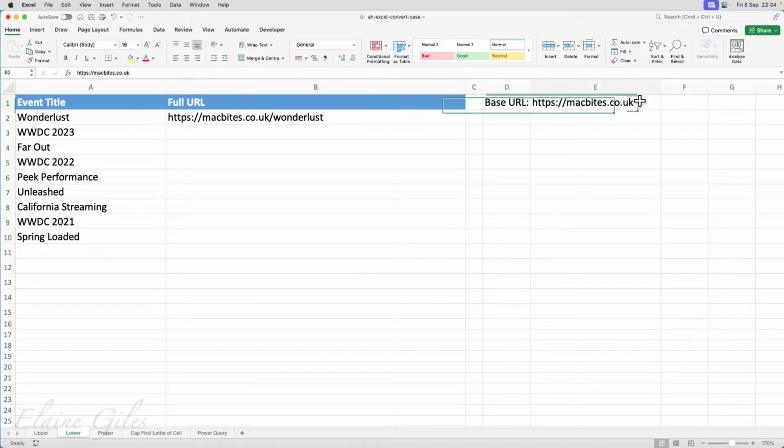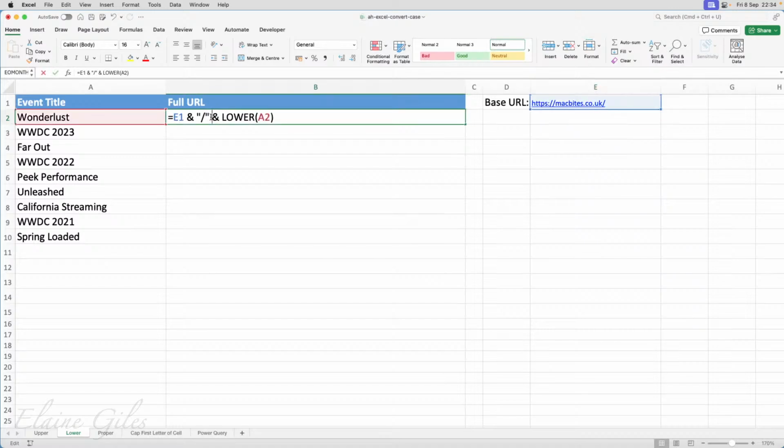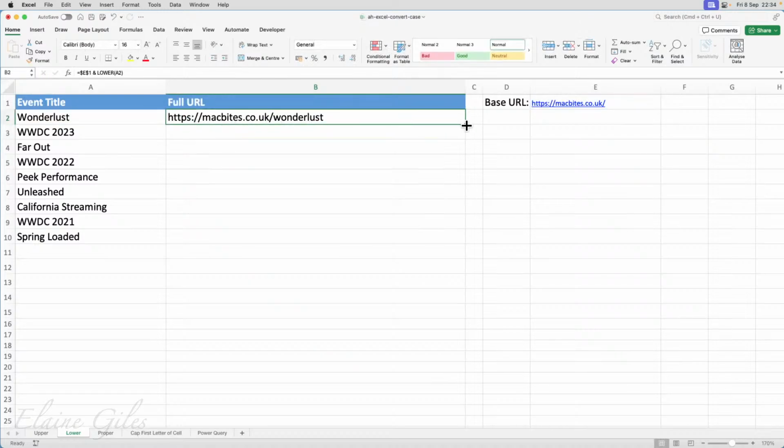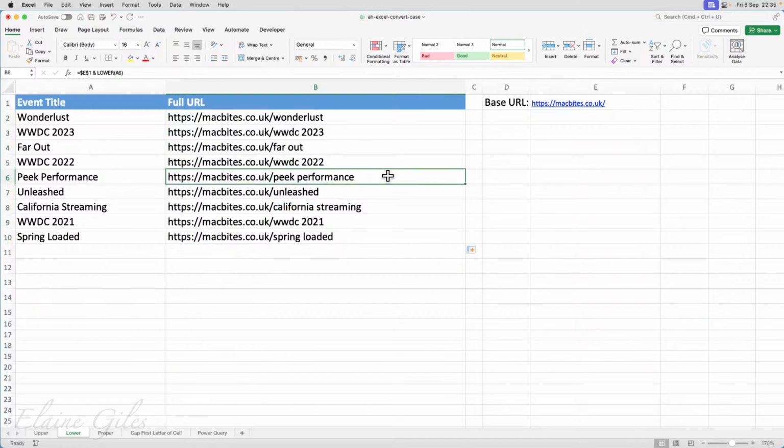As I said, if I go and put the slash in E2, you can now see I get a double slash there, so I will edit the formula and get rid of that. So that actually makes it a little bit simpler. Take what's in E1 and add to that what's in A2, but you're converting A2 to lowercase. Before I copy this down, I need to make E1 absolute with the dollar signs, because that way when I copy it down it will keep the reference to E1. So copy that down. But we still have the spaces, because it's literally picking up what's in column A and converting it to